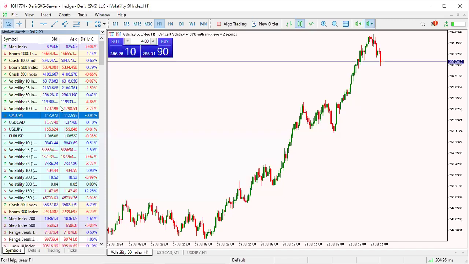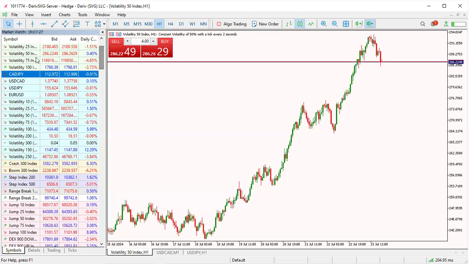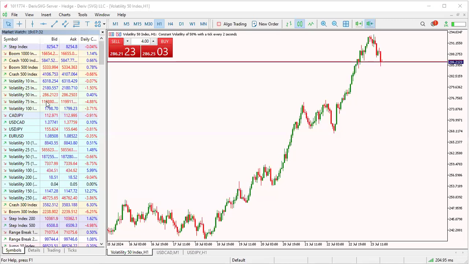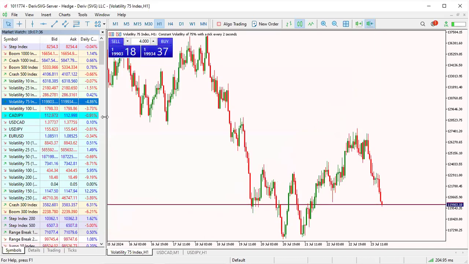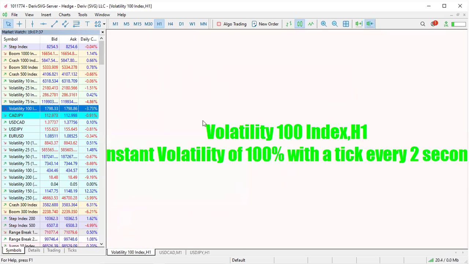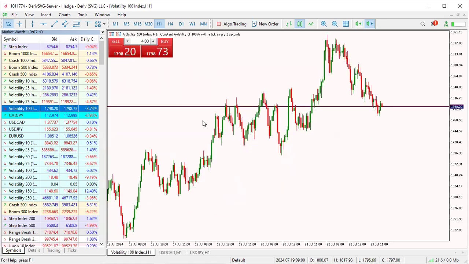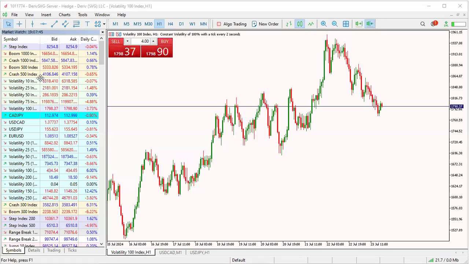So what we have here again is, let's move to where we have volatility 50, volatility 75. We already visited this one. You just scan through the usual way that we scan through all the instruments. You drag and drop, you drag and drop. So like, for example, what we had here,